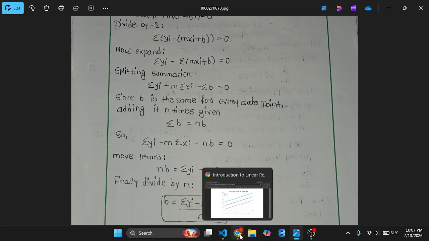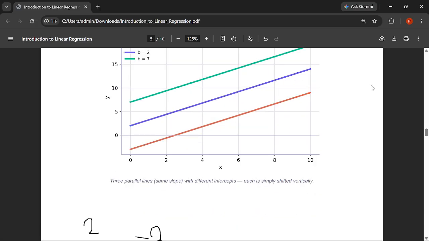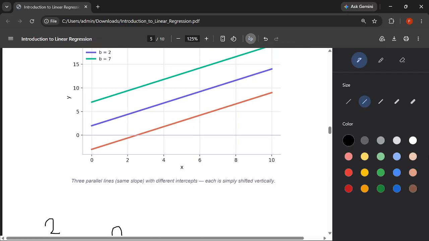So what is done here, our b is 1. Okay, so what is the summation of b for every data point? If our data contains three records, and our b value is 2, then what is the summation of b? 2 plus 2 plus 2,